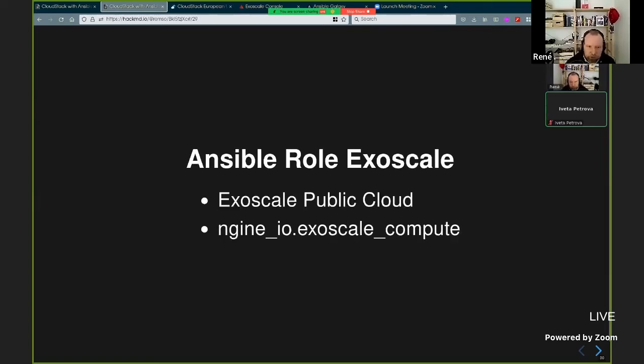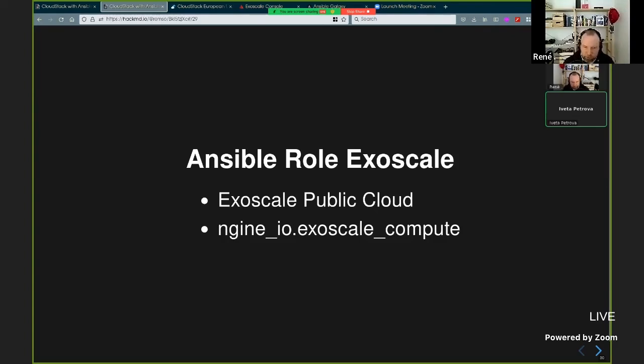So we made a role for Exoscale. Exoscale is a public cloud which offers a CloudStack API, a subset of the CloudStack API, and we made a role which only has some tasks related to this minimalized CloudStack API.